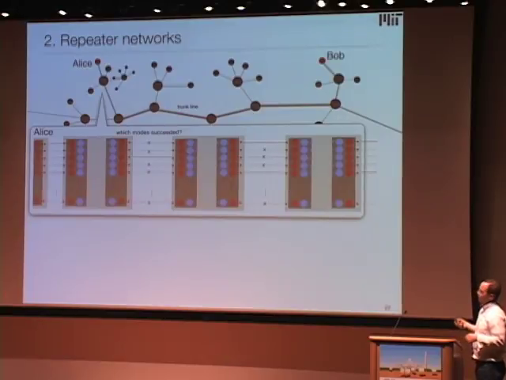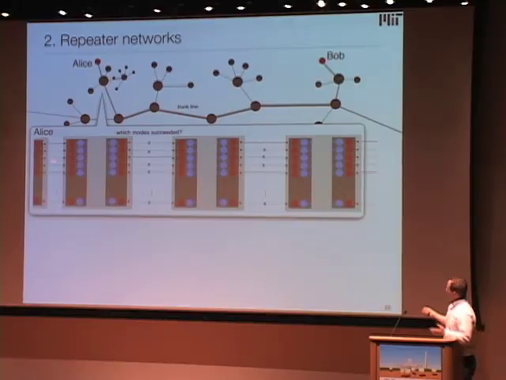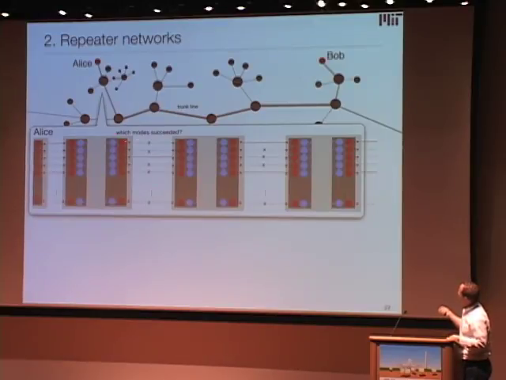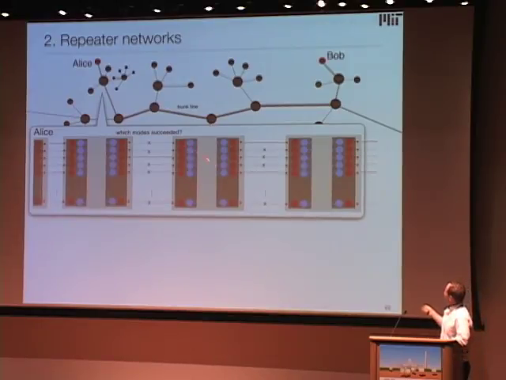Now I want to move on to how photonic integrated circuits can help in repeater networks. All right, so remember, I had this slide here earlier. Basically with a repeater network, what we need to do is herald entanglement between distant memories, maybe some tens of kilometers apart, and then implement Bell state measurements to produce these entanglement swaps between memories that were entangled to their neighbors.